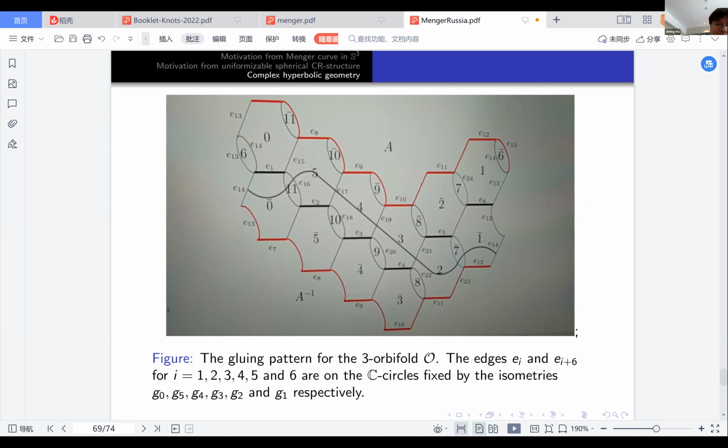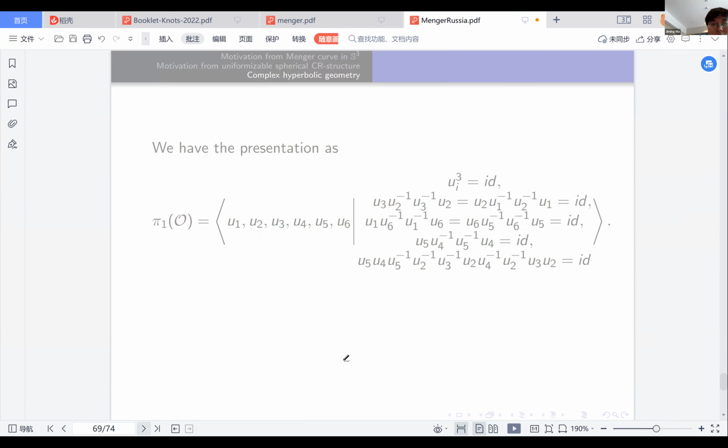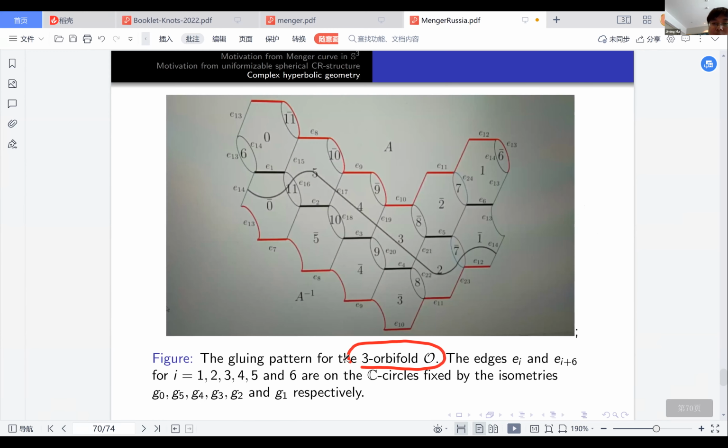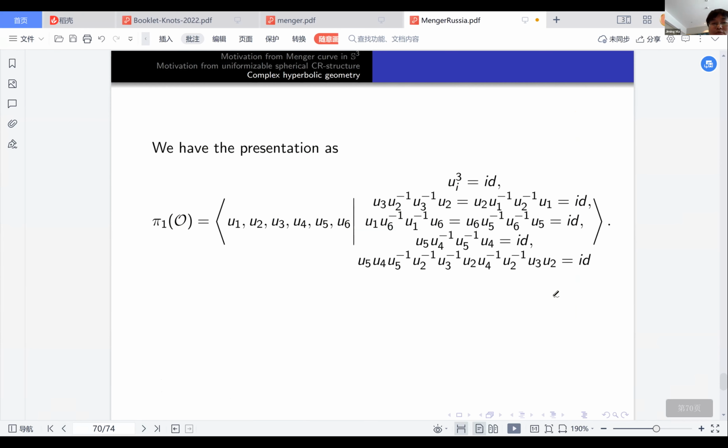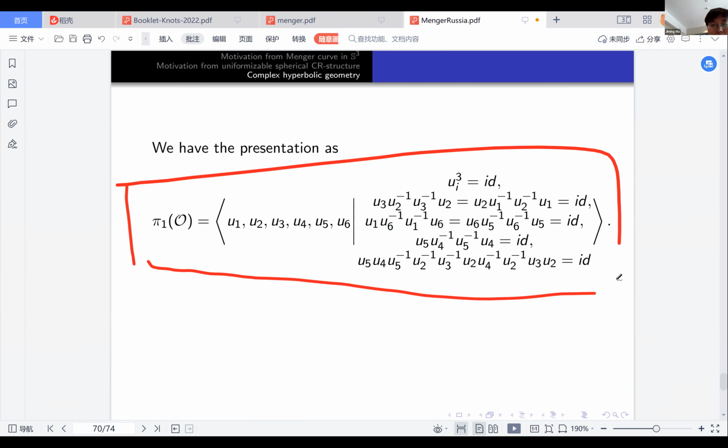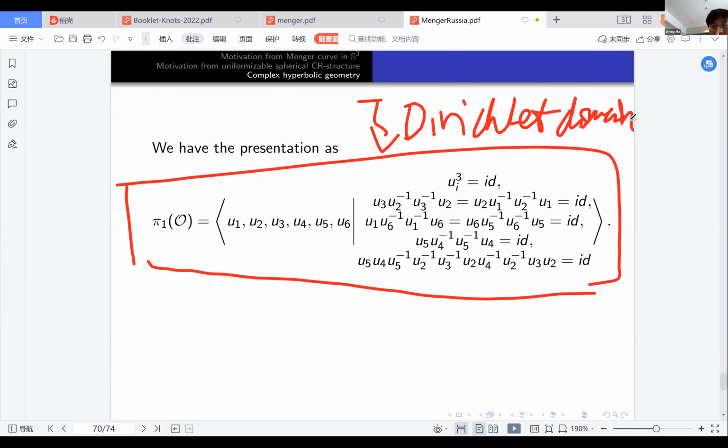Why should we get the three manifold at the infinity of the orbifold O, right? From the picture here, we can write down explicitly the fundamental group of O, right? We can write down the fundamental group here for the discrete domain. We can write down the fundamental group of O. Then from the